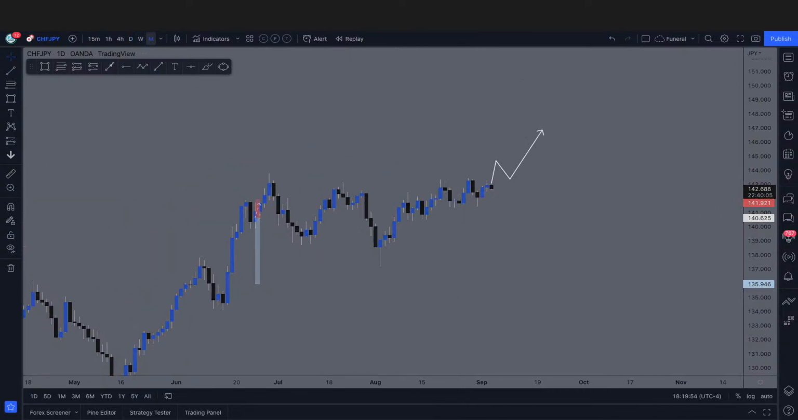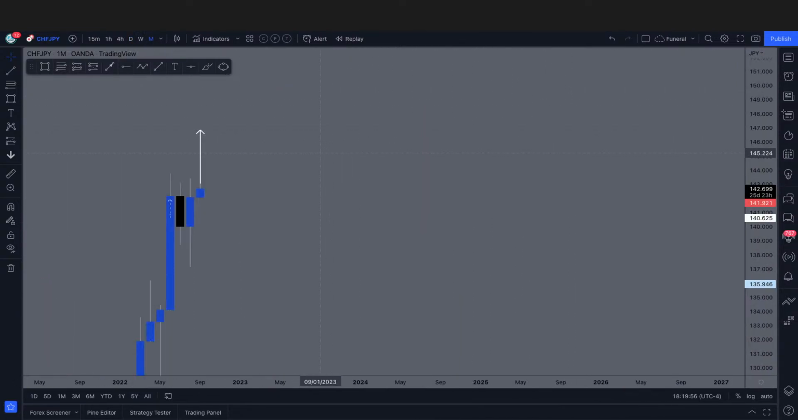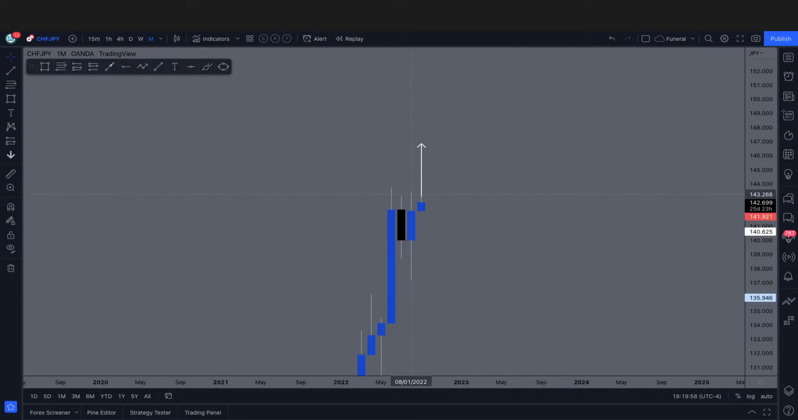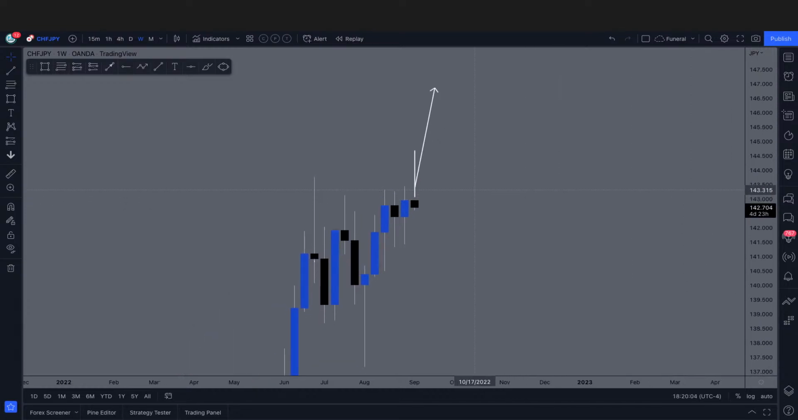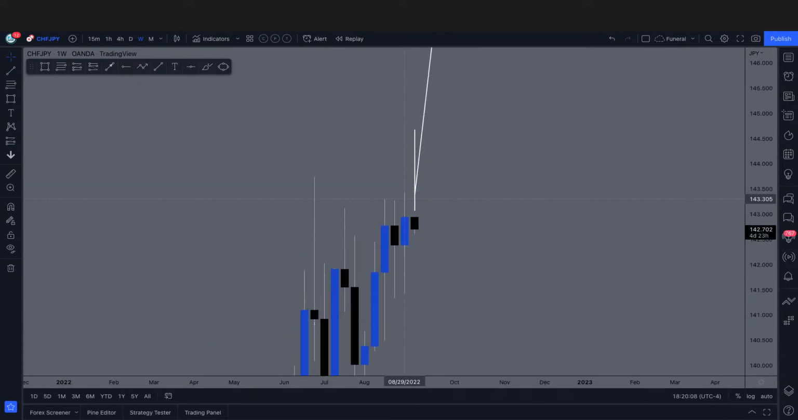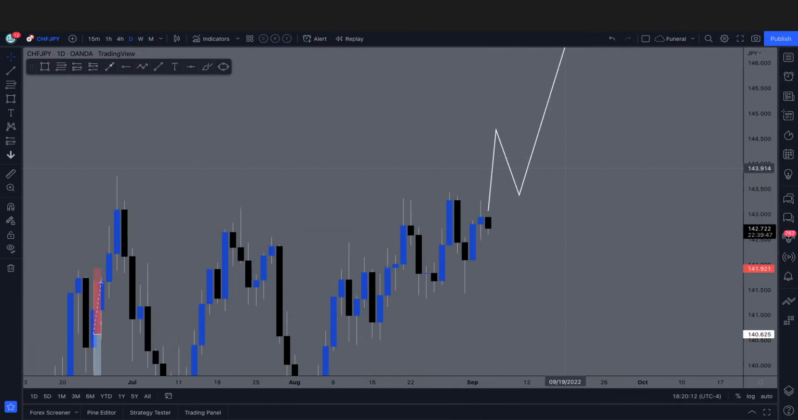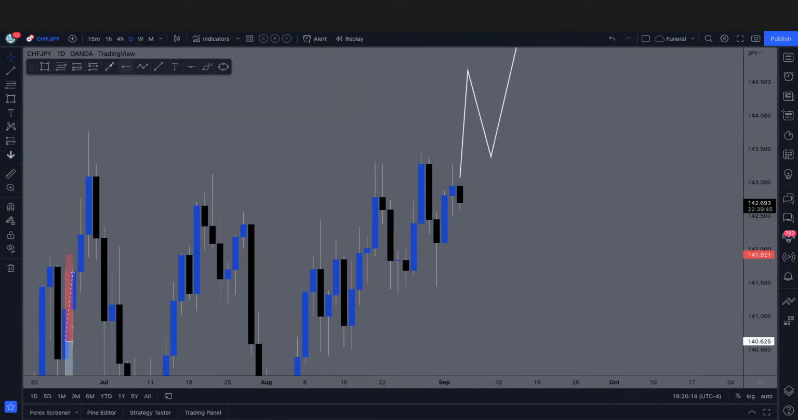CHF JPY. Swiss yen from the monthly time frame, we are making moves to the upside. From the weekly, we are rejecting previous structure resistance right in this area, but we are also above previous structure support. Currently on the daily time frame, we do have this weird head and shoulders in here,